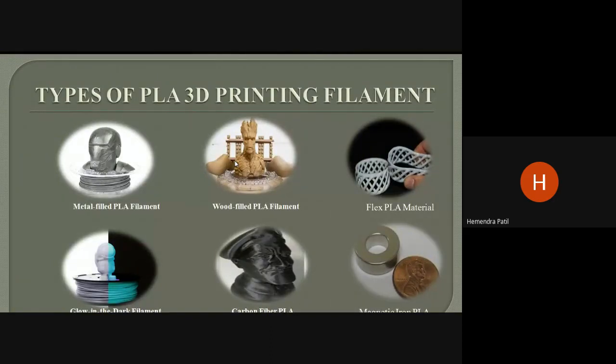And if you see the storage of this material, wood filled PLA filament is unaffected by aqueous acids and alkalis. But it is affected, or we can say swollen, by glacial acetic acid and carbon tetrachloride and some other acids. So we should keep it properly. Otherwise, spouting and bubbles can be seen in front of the nozzle, and it should be dried without affecting the thermal properties. So the next material here is the flexible PLA material.